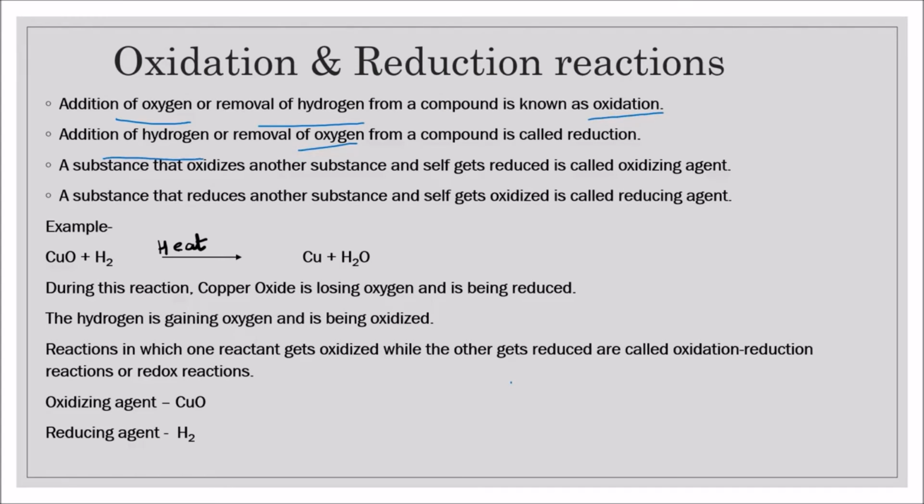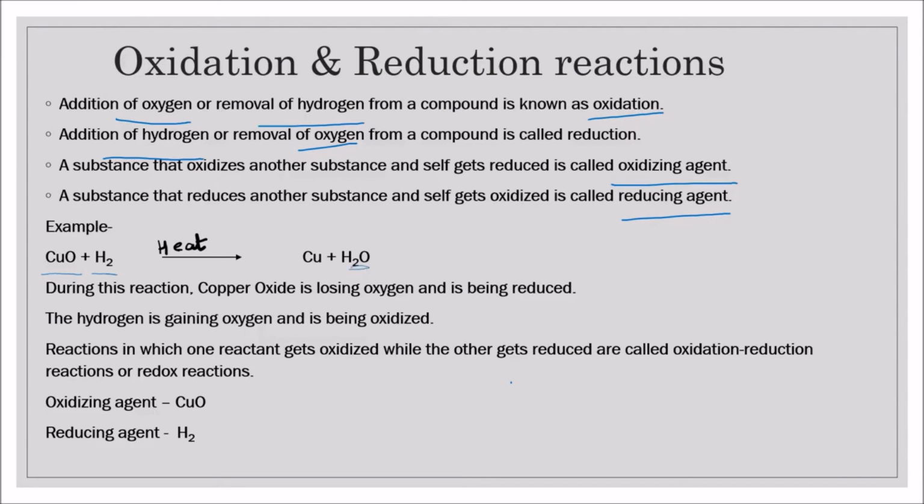Two more important terms here are oxidizing agent and reducing agent. A substance which is oxidizing another substance and itself is getting reduced is called an oxidizing agent. And a substance which reduces another substance but itself is getting oxidized is called a reducing agent. Let's look at an example here. In this example, copper oxide is losing its oxygen and is being reduced, and hydrogen is gaining oxygen, so